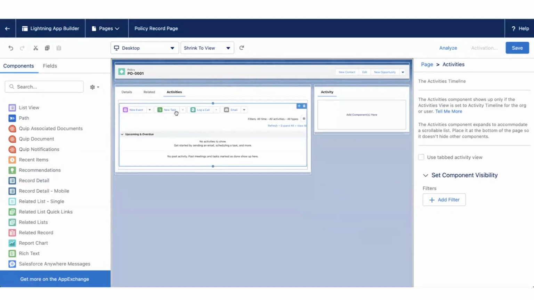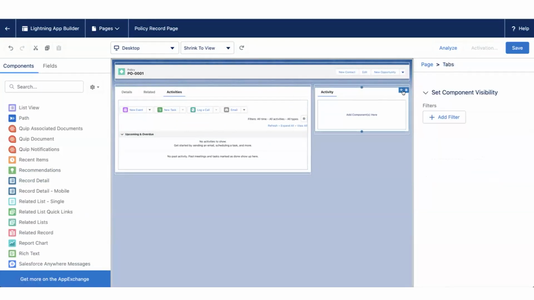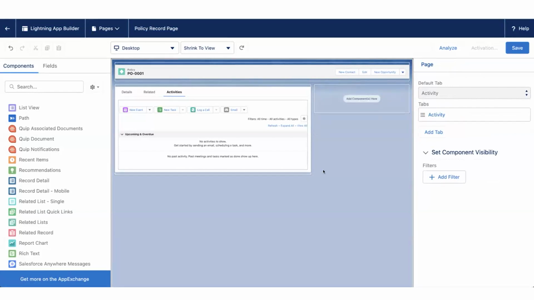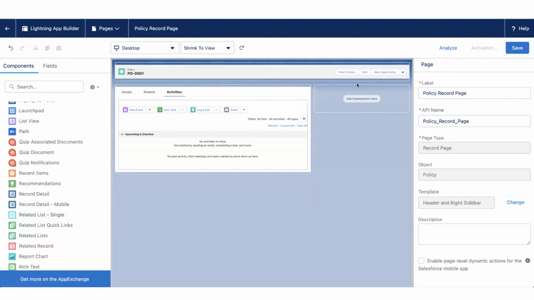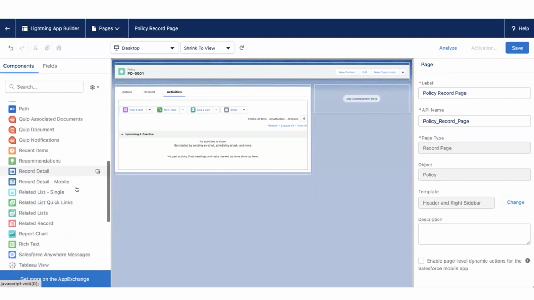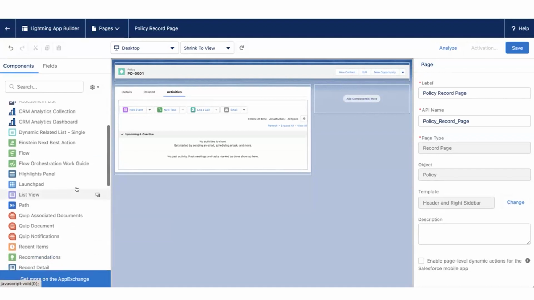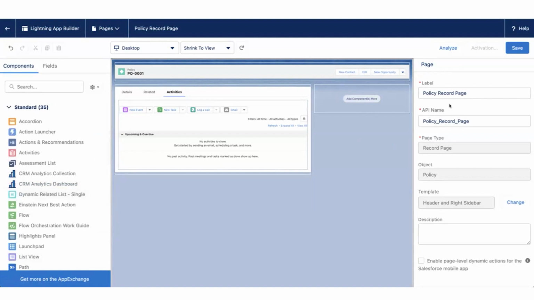Now, since we have already added activities as part of the activities tab, let's remove this particular component. So where you see delete, just remove this component. That's all. Let's keep this blank. There are no other standard components that make sense to be added to the page. So click Save